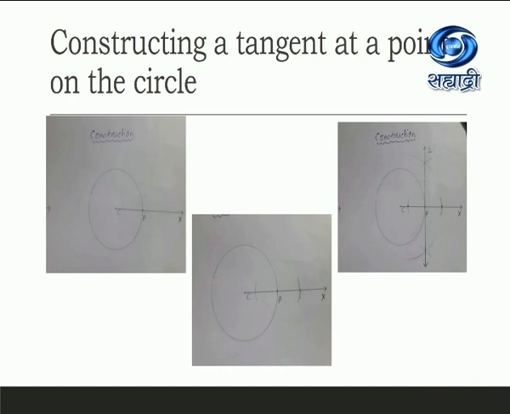Draw a circle with center C. Take point P on the circle. CX is the segment. Keeping the pointer at P, draw two arcs on both the sides of P. Increase the distance slightly. Keep the pointer on the arc which is in between C and P. Draw two arcs on both the sides of this segment. Keep the pointer on the arc which is drawn between P and X. Draw two arcs on both the sides. You will get 2 points of intersection. Let a line go through those 2 points of intersection, that is line L. Here P is the point through which the line L passes. This is the tangent to the circle with center C, and CP is perpendicular to L.